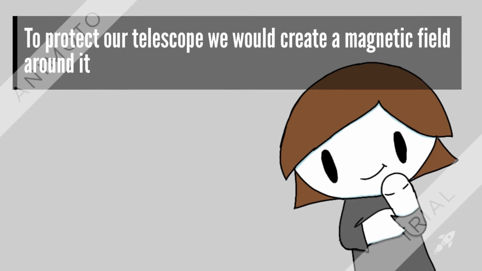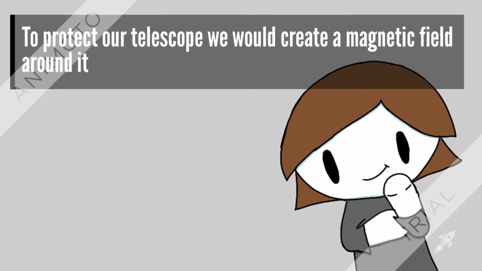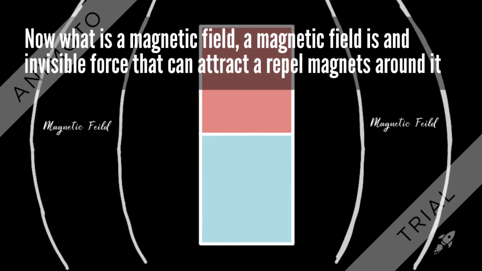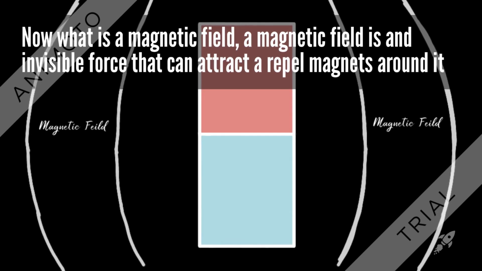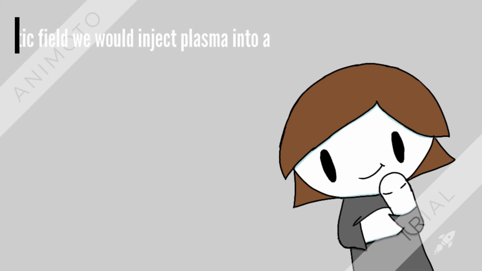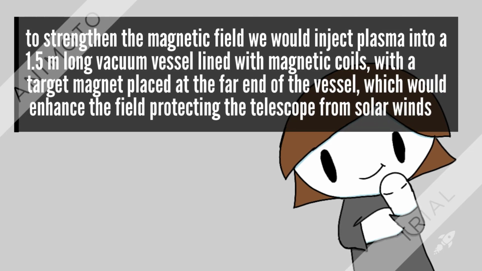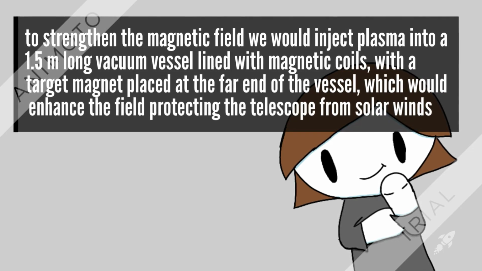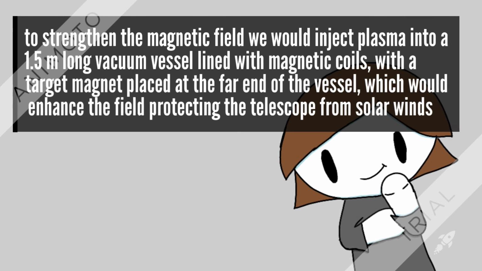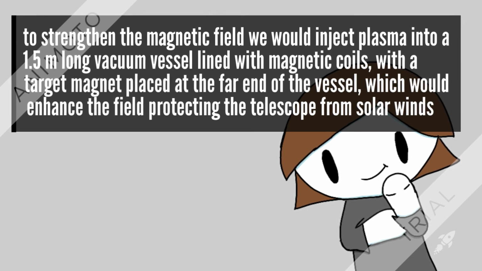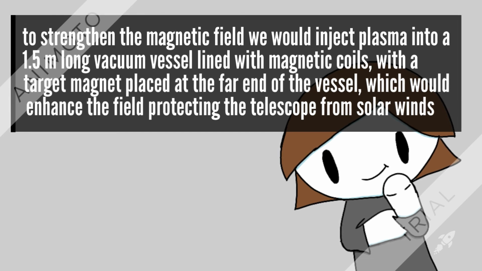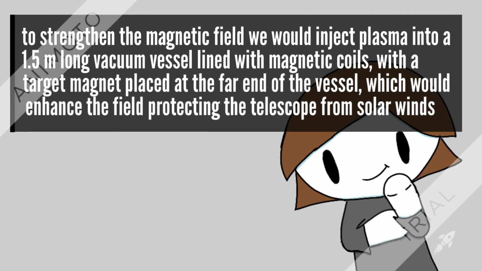To protect our telescope, we would create a magnetic field around it. Now, what is a magnetic field? A magnetic field is an invisible force that can either attract or repel magnets around it. To strengthen the magnetic field, we would inject plasma into a 1.5 meter long vacuum vessel lined with magnetic coils, with a target magnet placed at the far end of the vessel, which would enhance the field, protecting the telescope